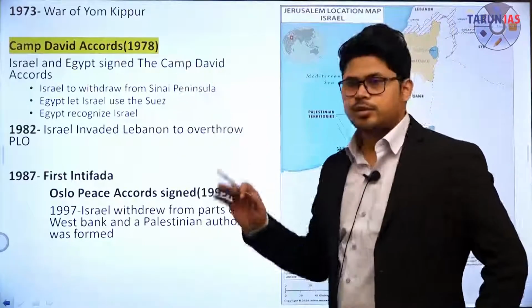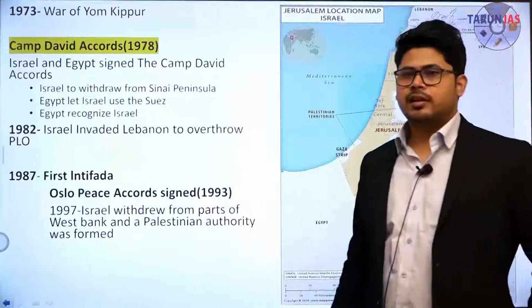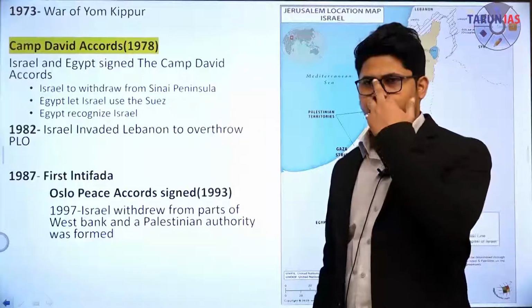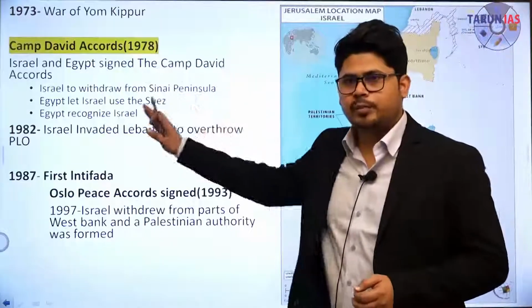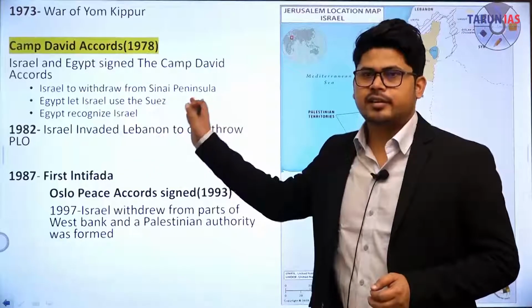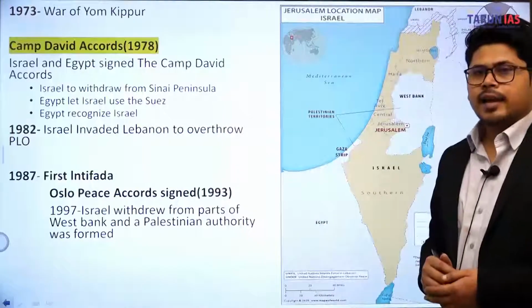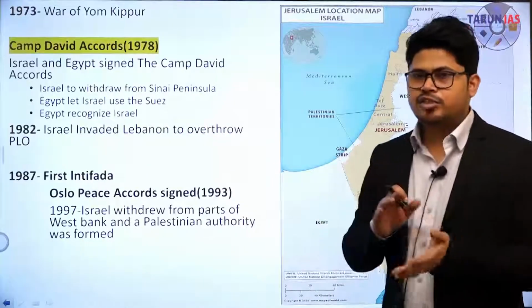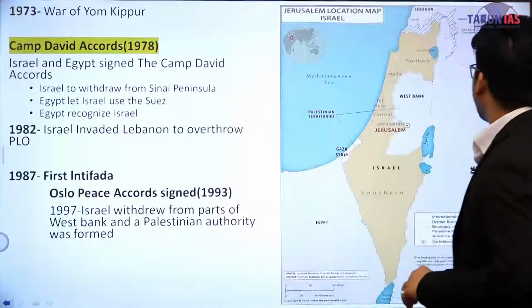Camp David is actually a resort for the President of USA in a military establishment of USA. So the President of USA invited both the Prime Ministers of Israel and क्या कहते हैं इनको? Egypt, ठीक है, and they went there and a series of negotiations took place,